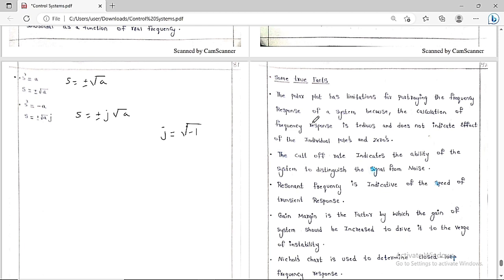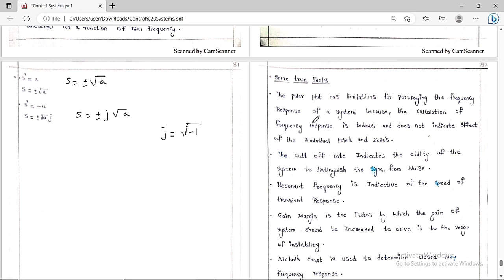So I already told you, in the case of polar plot, we are going to consider the log of the Euclid transfer function as well as the phase angle of the Euclid transfer function. By varying the frequency omega from 0 to infinity, we are going to plot the locus that is called a polar plot. So polar plot has some limitations for portraying the frequency response of the system